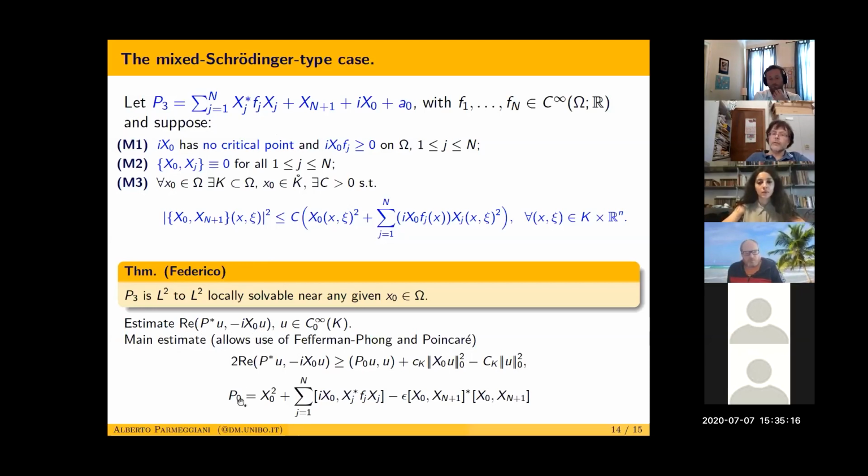And again, the auxiliary operator here is a P naught, and that's why you have to assume those conditions to be able to apply the Pfefferman-Fong inequality to this situation here. See, the point is that you really need the full strength of the Pfefferman-Fong inequality, because the zero set, the characteristic set of this operator has no nice geometric structure in general. So you cannot really use the Hormander theorem, which would be very nice, but it is too strong. In this kind of a loose situation, you want to have this thing.